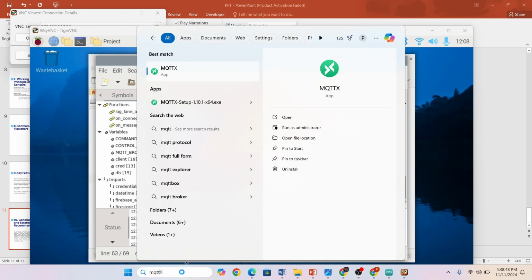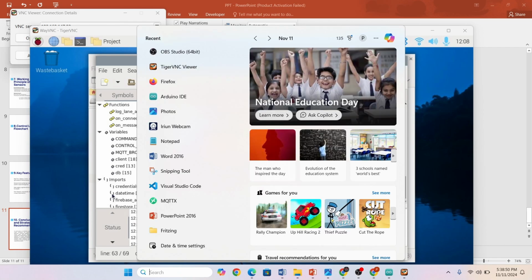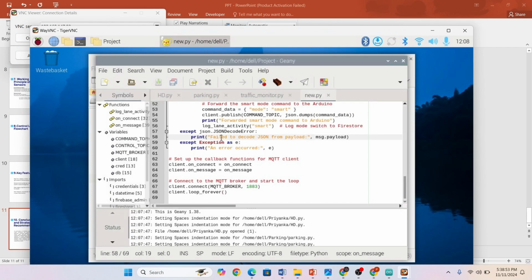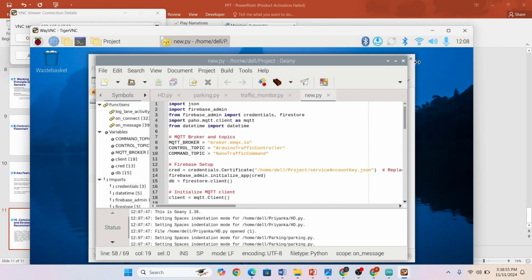Like MQTTX, which I basically use to verify whether the connection is correct. So this is for